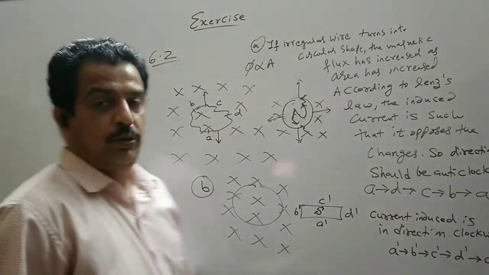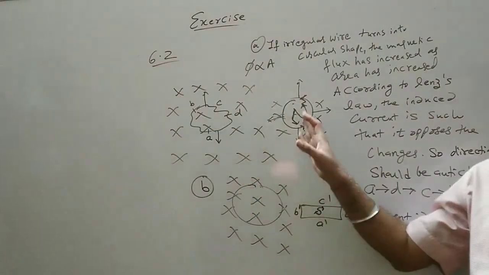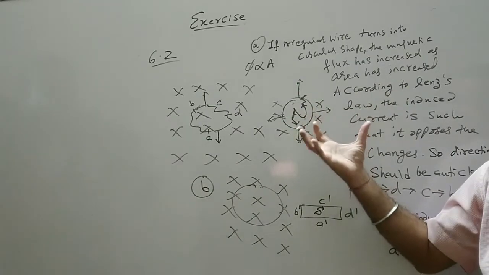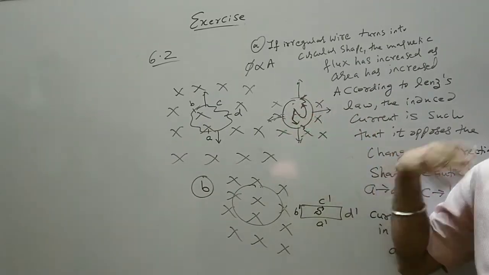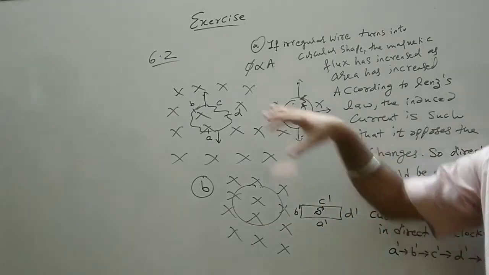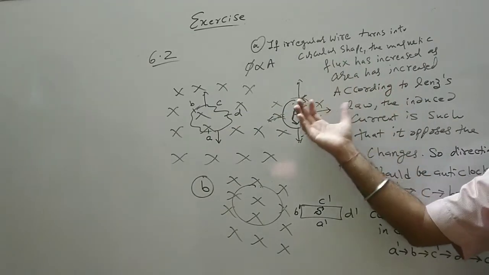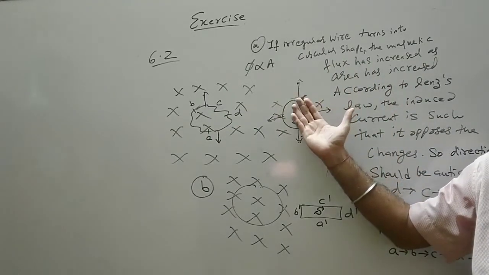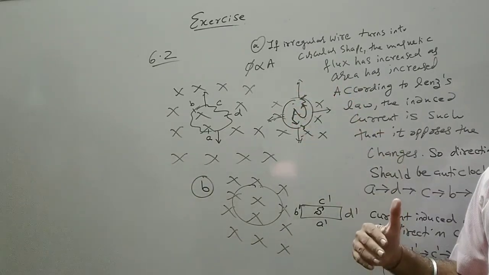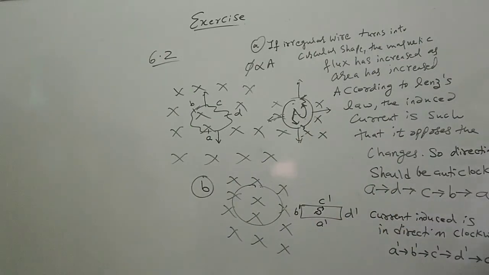So this is how we apply Lenz's law. It should always oppose the change. Here the magnetic flux increases, so the polarity of the face should be such that it opposes the change. More field lines are going into it, so the induced current should be in such a way that the induced field line comes outward. So it behaves like a north. This is opposite of the case where the flux is decreasing.